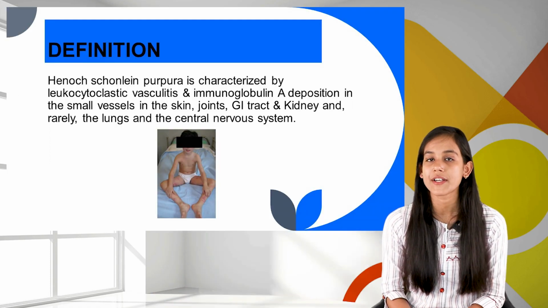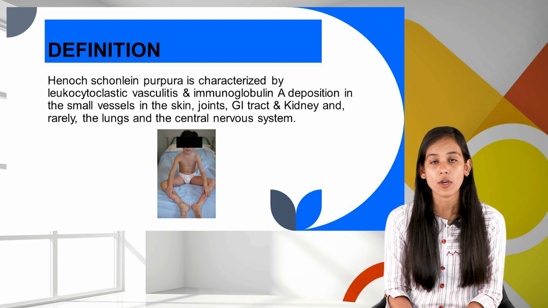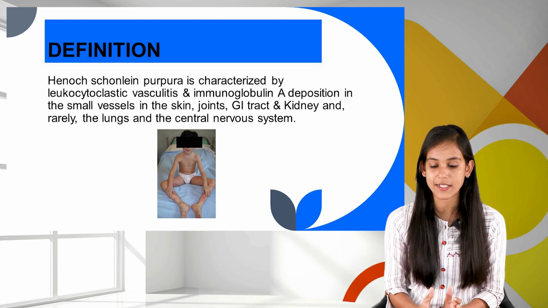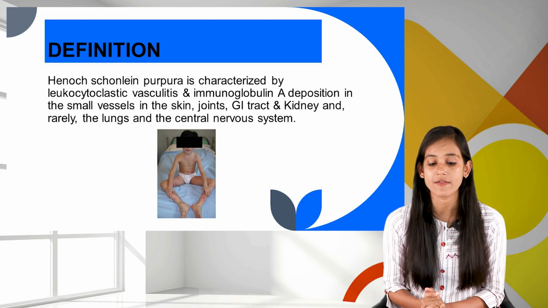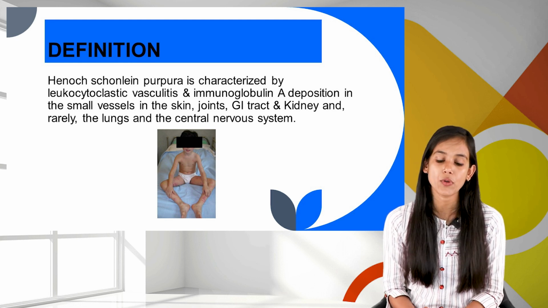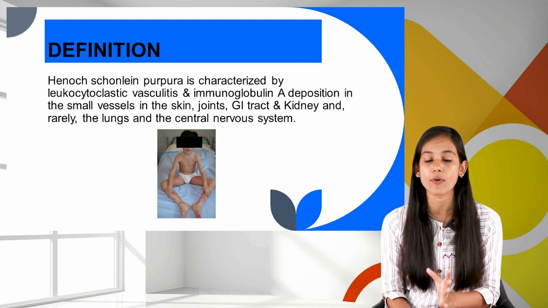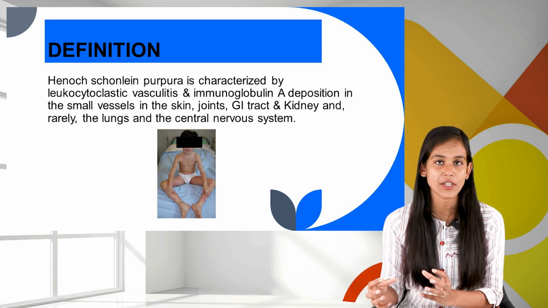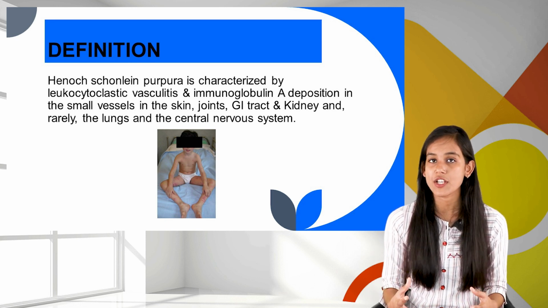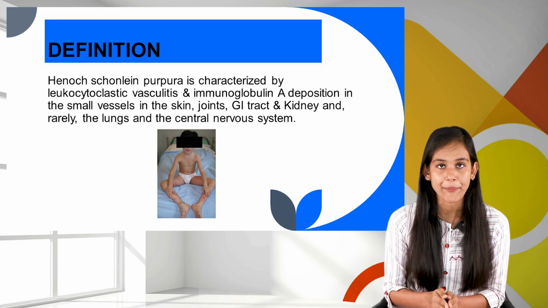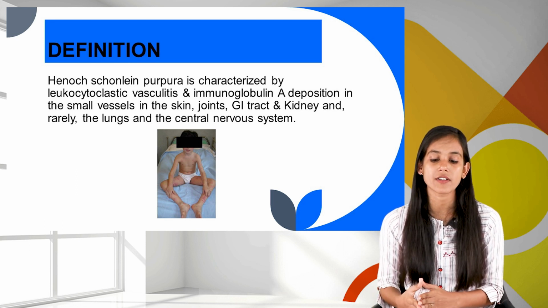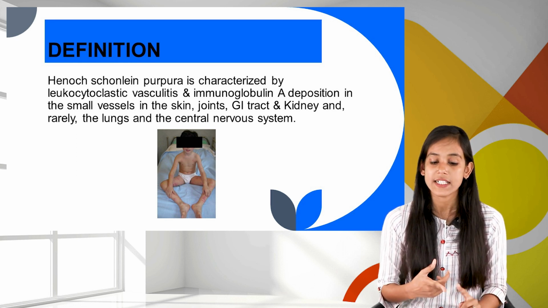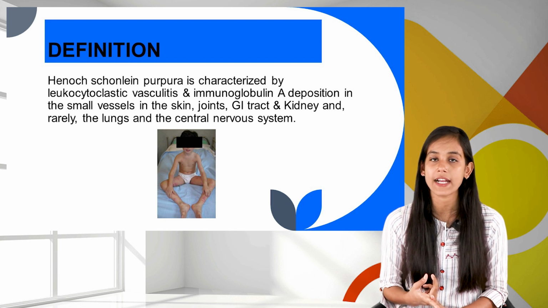Now let us learn about the definition of Henoch Schonlein Purpura. It is characterized by leukocytoclastic vasculitis and immunoglobulin A deposition in small vessels. Now here we got something new, that there would be deposition of immunoglobulin A. Where would this deposition occur? In small vessels, definitely, but small vessels of the skin, joints, GI tract and